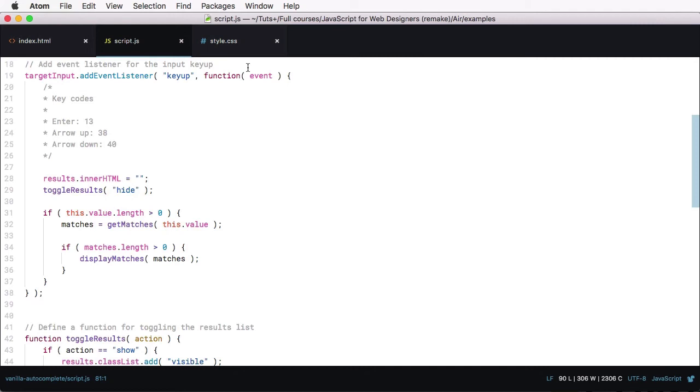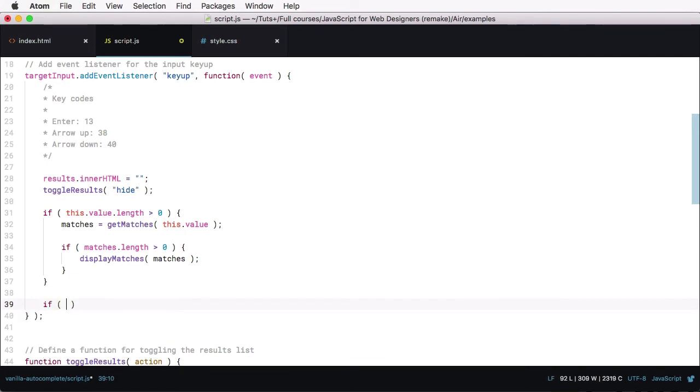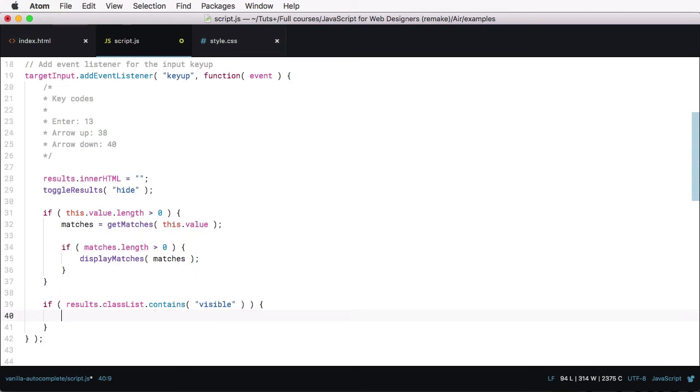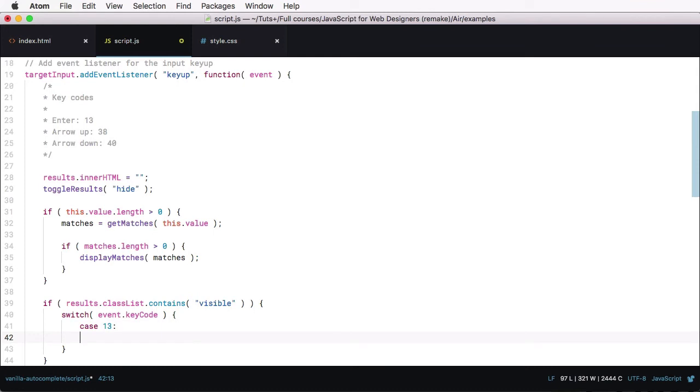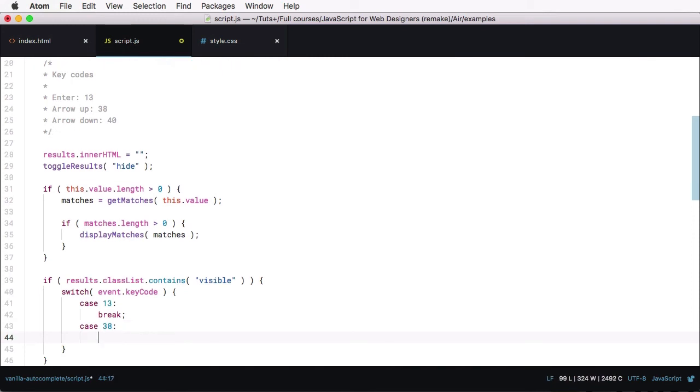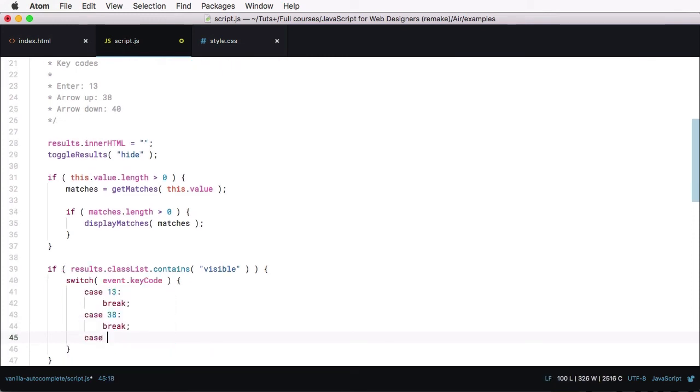And the place to write that code is right here in the key up event listener. So here we're going to say if results class list contains visible, so if there are results being shown, then we're going to do a switch. And a switch is a much more elegant form of writing multiple if-else statements. So we're going to do switch, and the criteria is going to be event.keycode, and then we're going to say case 13. We're going to have our block of code, and then we're going to have break. Case 38, again, block of code, and then break. And finally, case 40,